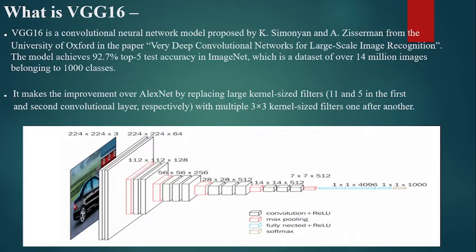What is VGG16? My model is totally based on this. VGG16 is the advanced version of the CNN algorithm. It is the same as CNN, but it can handle 14 million images and 1000 classes, and it provides a very high efficiency of 92 to 95%. VGG16 also consists of all those layers, that is the convolutional layer and pooling layer, but along with the convolutional layer it consists of ReLU also.